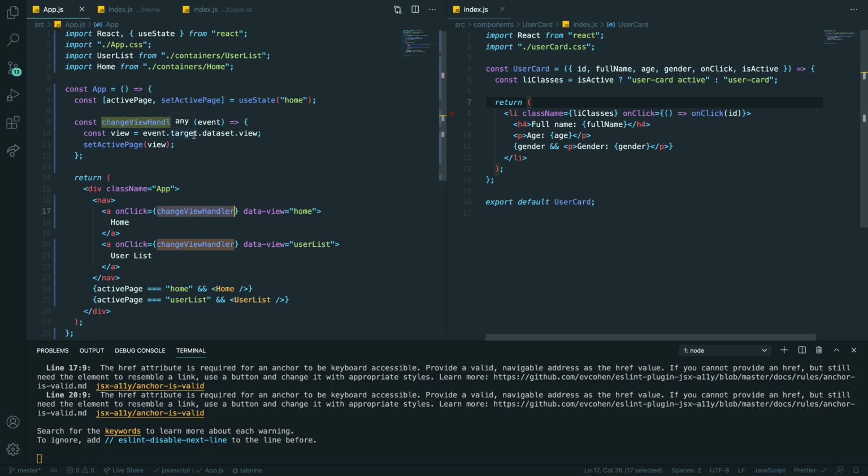First the active page is changing to whatever you click. And when you set active page, when it's home you show home. Okay, got it. Yeah, exactly. It needs a bit of mental gymnastics, but I got it.